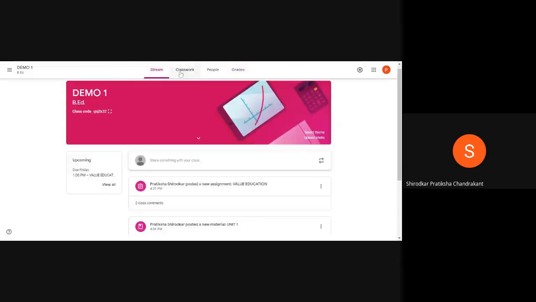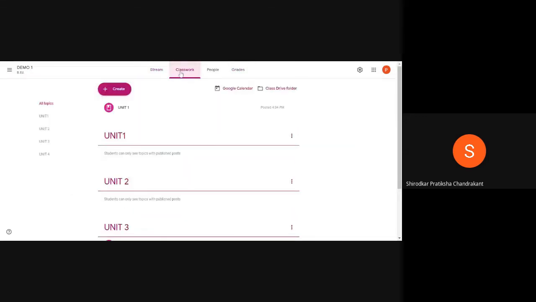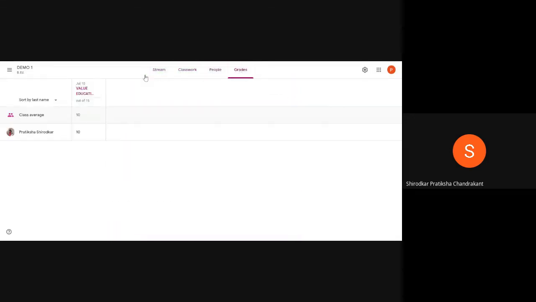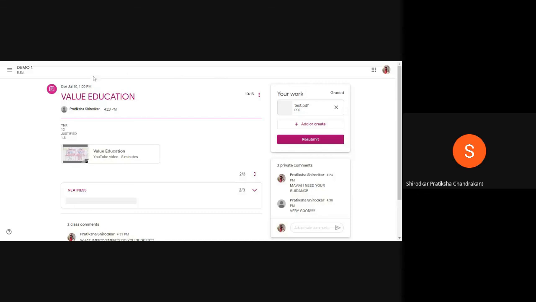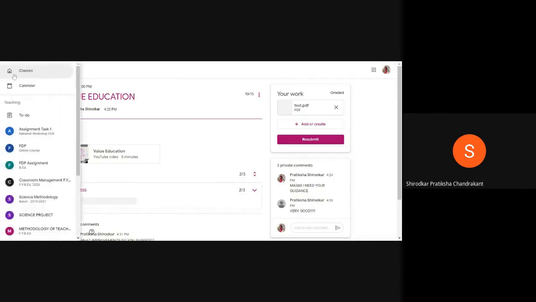So one important distinction between a students tab and a teachers tab is, teachers tab will have 4 sections, that is stream, classwork, people, grades. Okay, and the screen that I am sharing now is of student tabs.